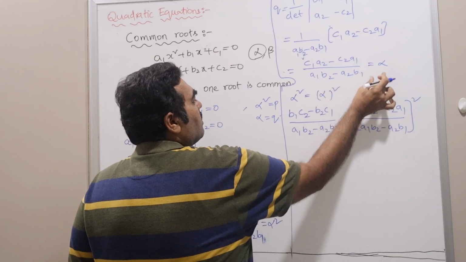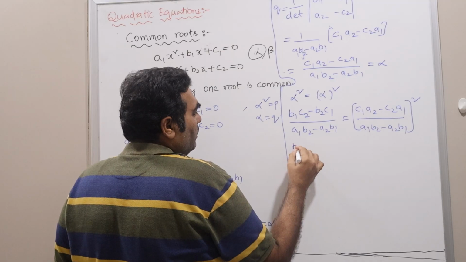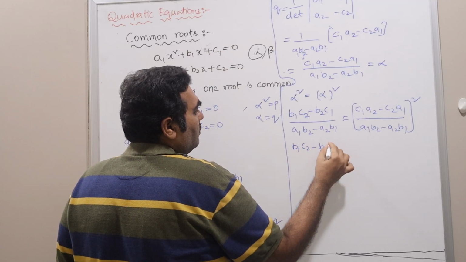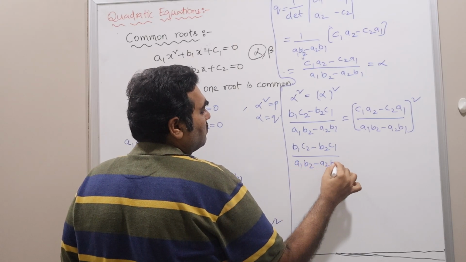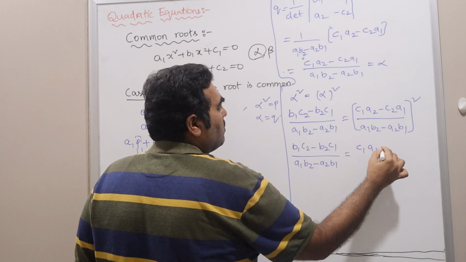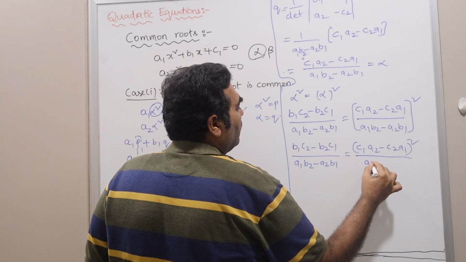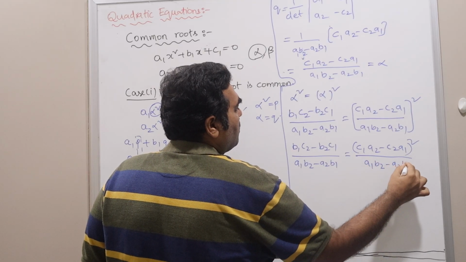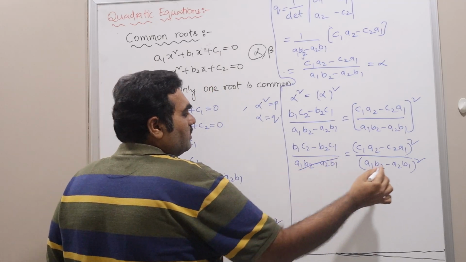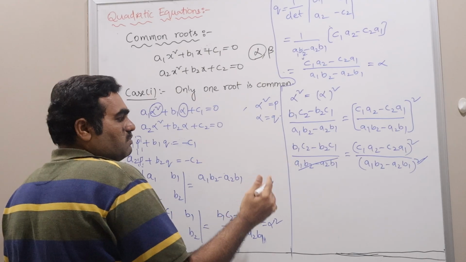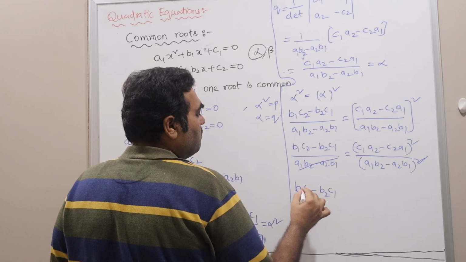Alpha square is equal to square of alpha. Now, if I apply square here, C1 A2 minus C2 A1 whole square divided by A1 B2 minus A2 B1 whole square. Now this term and this square get cancelled, and if I cross multiply, I will get B1 C2 minus B2 C1